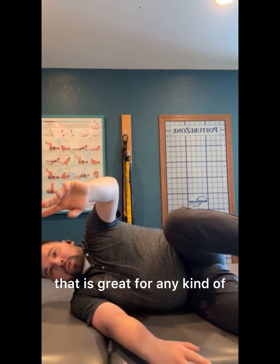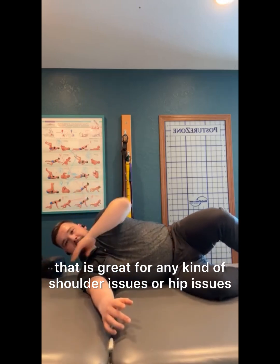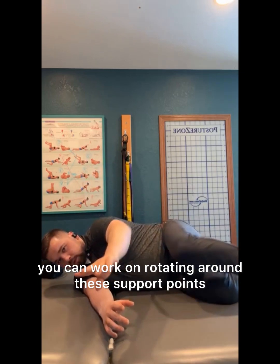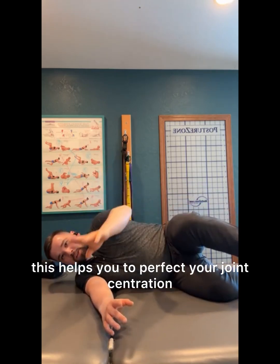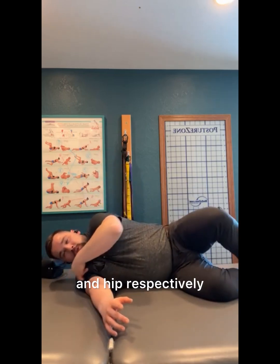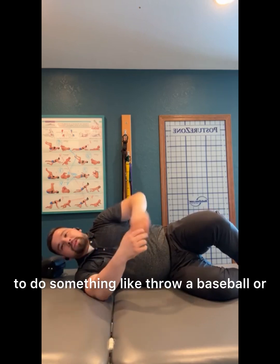Now, this is 5 month sideline, that is great for any kind of, let's go back some more in shot. That is great for any kind of shoulder issues or hip issues, because from here, you can work on rotating around these support points, right here and here. This helps you to perfect your joint centration and make it so that way then you're getting your shoulder and hip respectively centered in your socket,